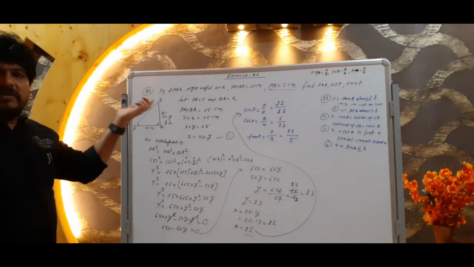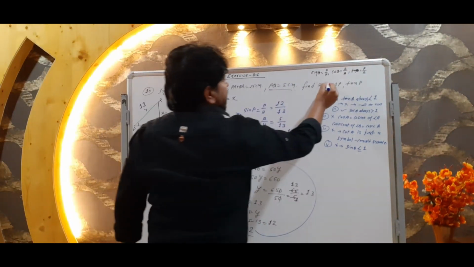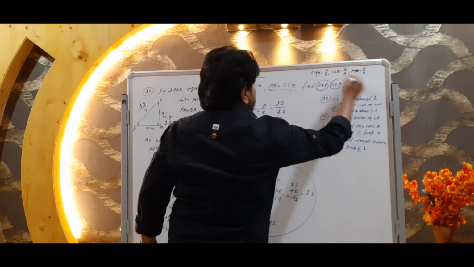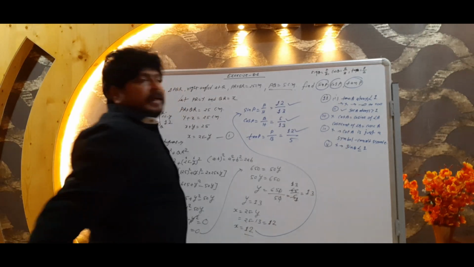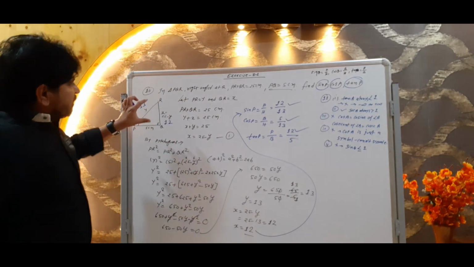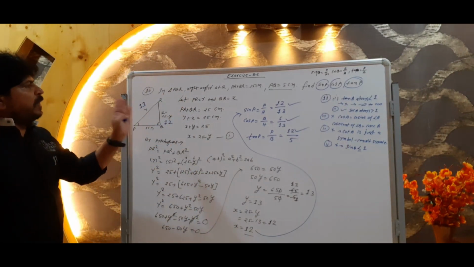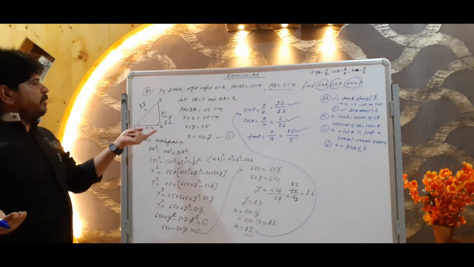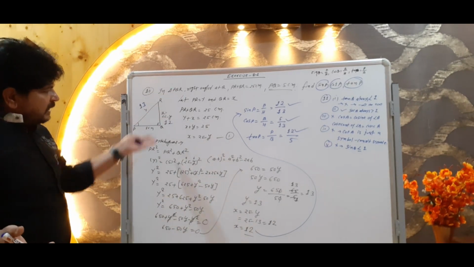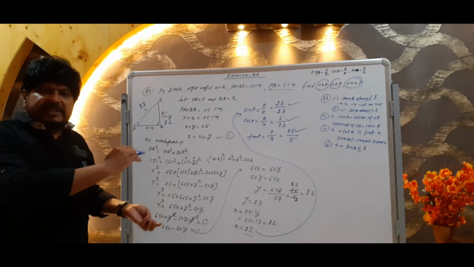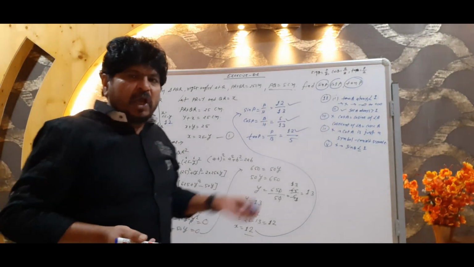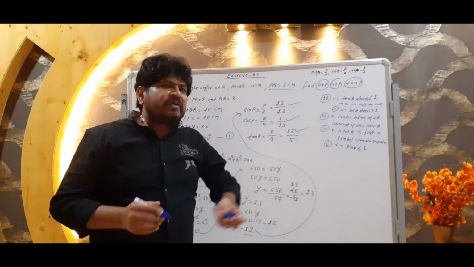That's all. What they are going to find is sin P, cos P and tan P. This is the value of sin P, this is the value of cos P and this is the value of tan P. How we did? It is simple. First, PR is equal to y and QR is equal to x, and then we follow the simple process. And after it, we got all these things and I explained step by step. I don't think any problem is there. Only once practice is required, then definitely you can solve.